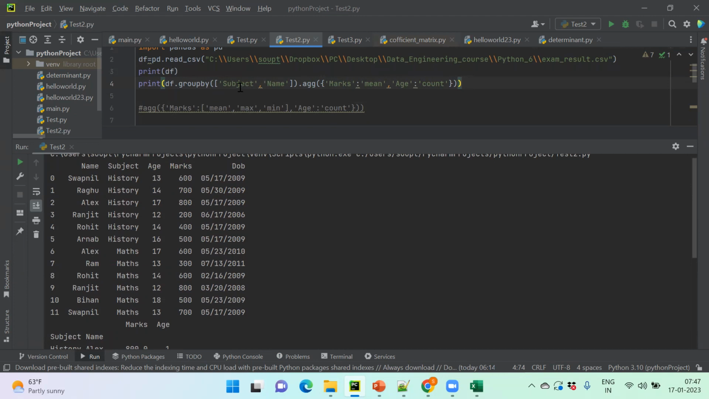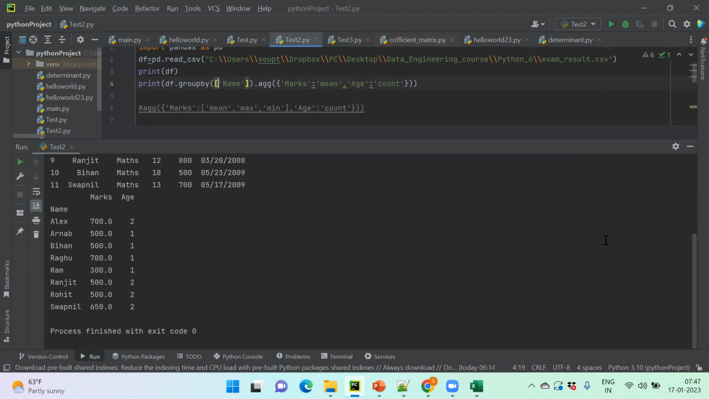Let me check. Let me omit subject. I think I can get it. Yeah, top of name, I'm doing this. So you can see over here, the marks should be mean in nature. What Alex is receiving in maths and history, it's just doing the arithmetical mean operation. So the addition of these two marks, then divided by two. And the age is two because I'm doing the grouping by on top of